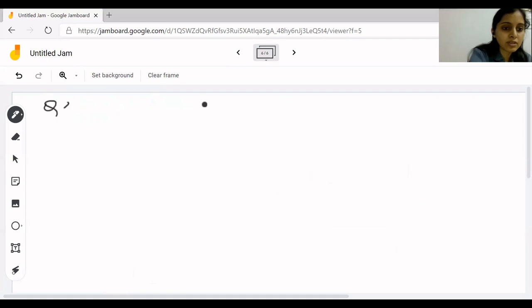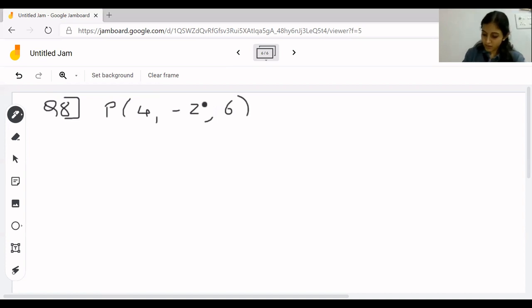So we're doing question 8. Let the point P be 4 comma minus 2 comma 6. Now find the distance of 4 comma minus 2 comma 6 from the xy plane. Distance of P from the xy plane is